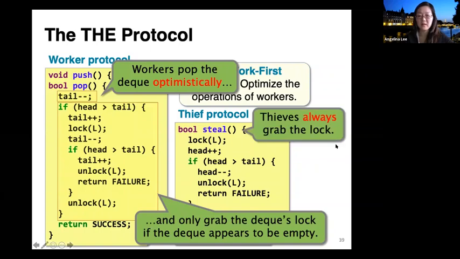On the other hand, the thief always grabs the lock. So a thief will, before it operates on the head, always grab the lock. And this protocol basically allows the worker, for the most part, to pop its tail without grabbing the lock, and only grab the lock and coordinate with the thief when it's in danger of having the head and tail cross. Okay.